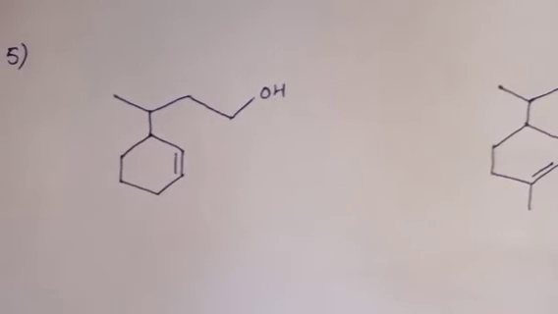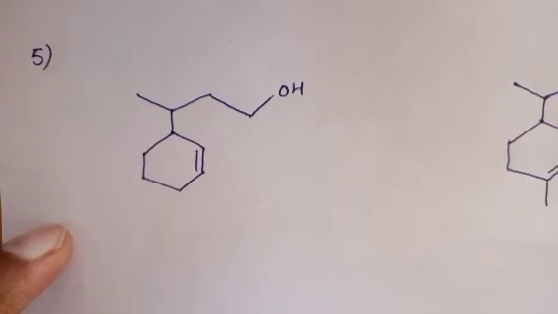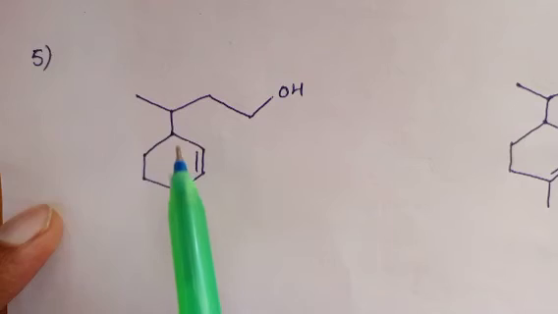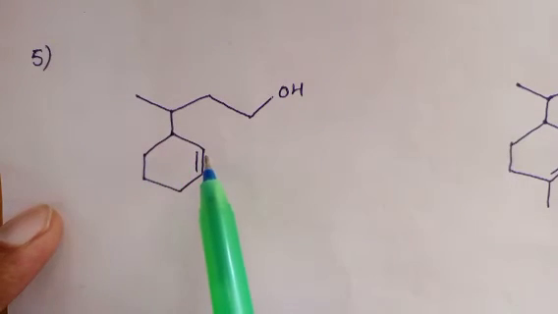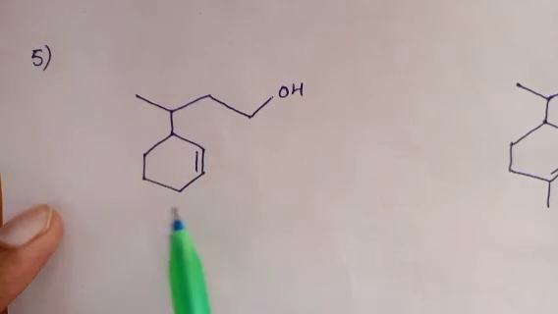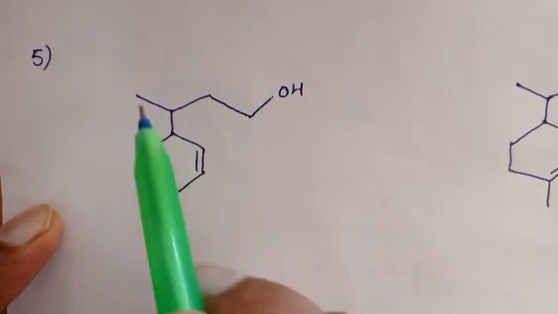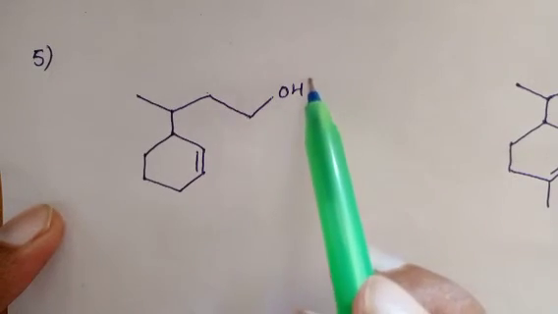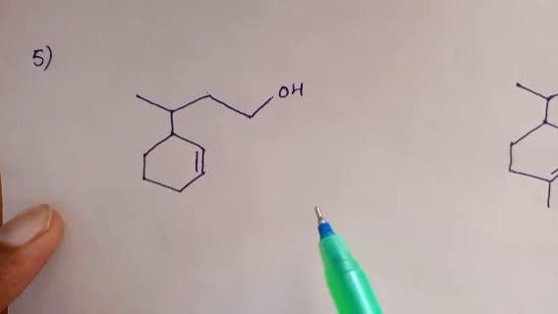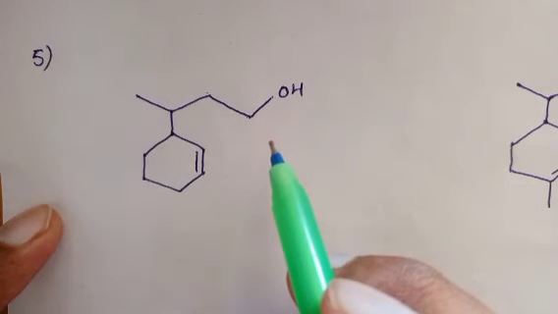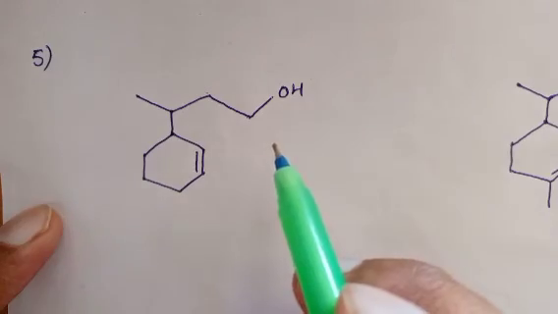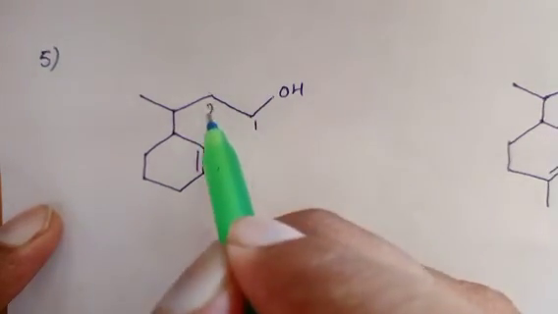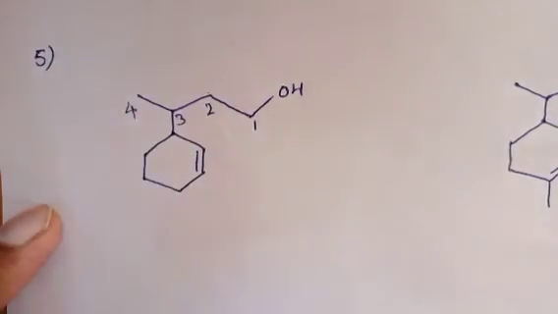Same model. We know the rules for this type of compounds. Check it once: 1, 2, 3, 4, 5, 6. Right, 6 carbons are present in the cyclic ring. 1, 2, 3, 4: only 4 carbons are present, but the functional group is present. Okay? Give the numbering 1, 2, 3, 4, and this part acts as a substitution.